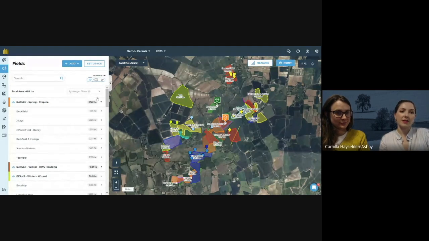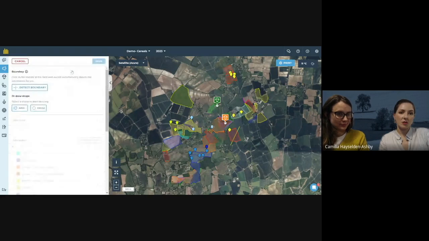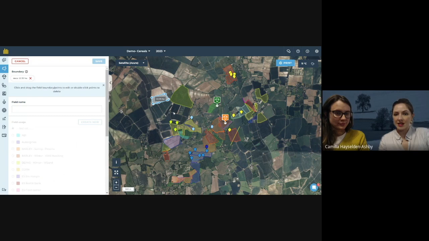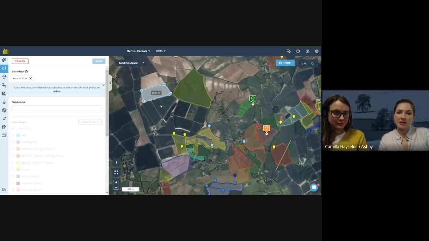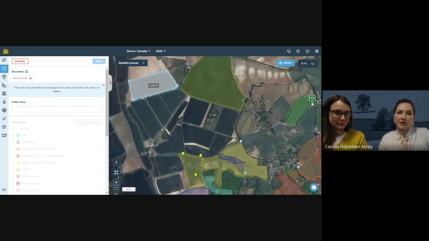And the way that that works is, again, you go to fields, you go to add a field, choose draw, and now, as well as the options that you'll be used to for manually drawing a shape, there's this option, detect boundary. And then if you click on that, and then you just click on the center point of the field that you want to add, so let's say that one, then it's automatically detected from the satellite imagery the perimeter of that field. If you thought that it wasn't quite right, you could edit that boundary slightly, and then